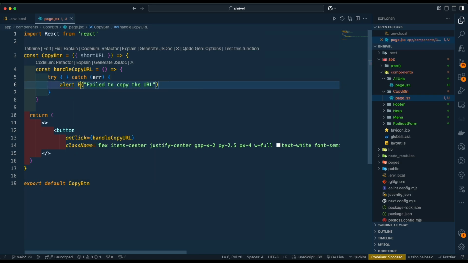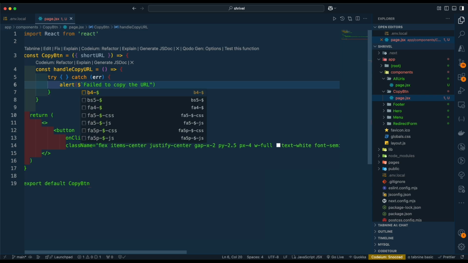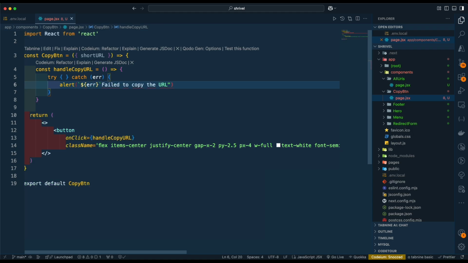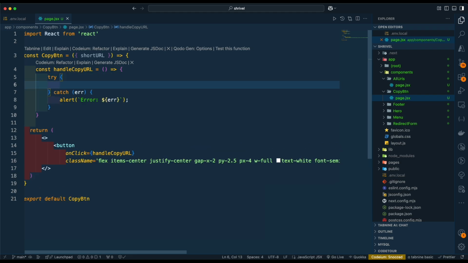You can do the same thing and maybe alert, and in here you can add something like error. I'm going to use whatever error is happening, so we can populate the error in there. So we can say error, this is the text, and populate that. However, if everything is successful, all we need to do is just pay attention, await,